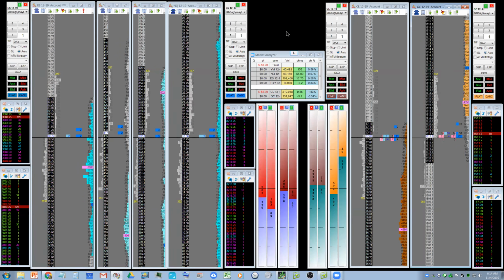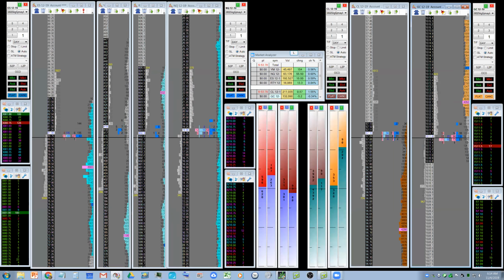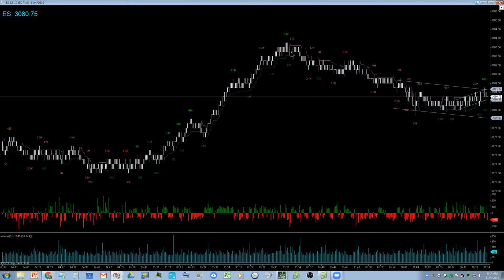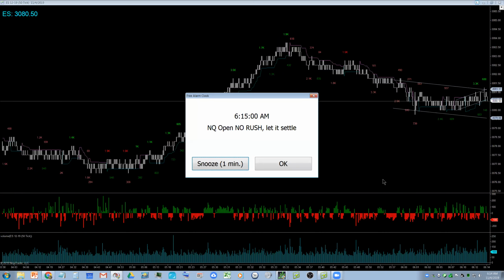Okay, let's see. The last thing I wanted to say about my overall bias today is that this is the absolute, perfect, 100% best thing you could ask for if you're looking for an overnight flip setup. So here's our high of the morning way up there. You can see the energy that got us up there. That was that push off of 77.5. These are my reminders popping up.